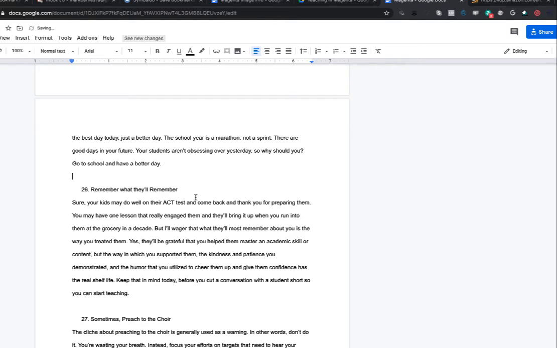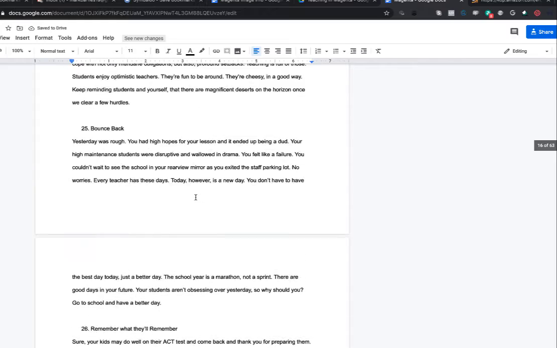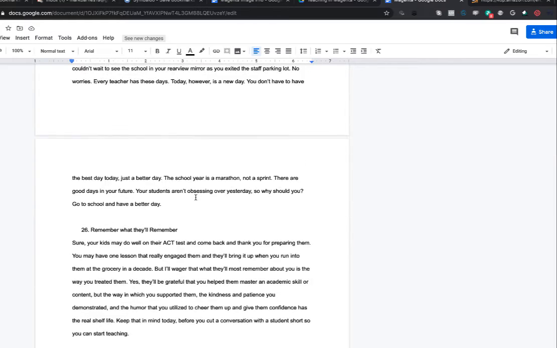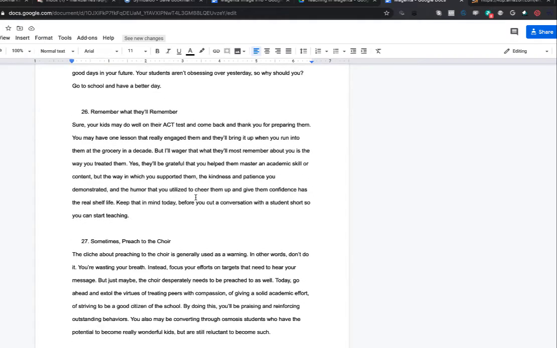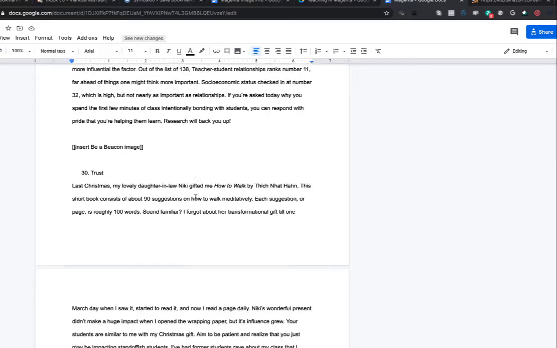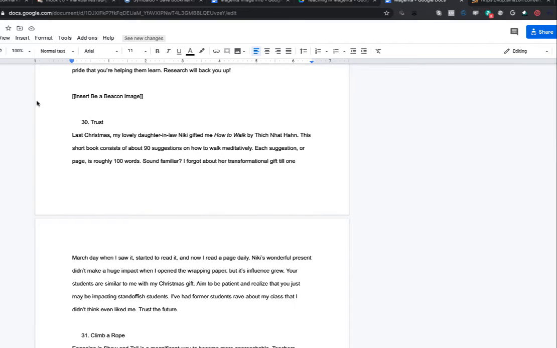But the first thing now that I've cut that, what you want to do again is go through and find out how many there are in this section, how many you need to cut. Then I think you go back and you read each one and you decide this one's not great, that one's not great, and so on. And again, leave the images right now where they are. When your work is done, we'll go back through and decide where we want to put these images, because we're just going to put them in here